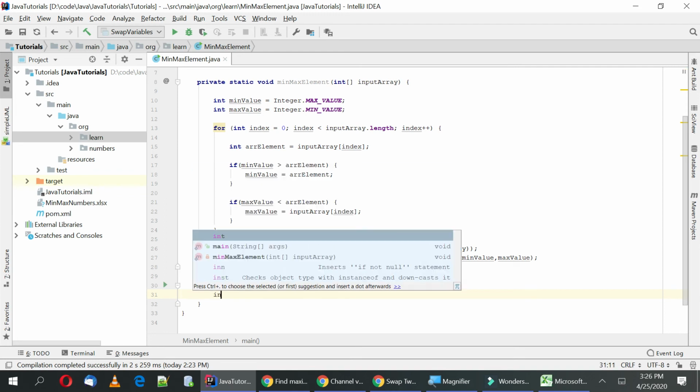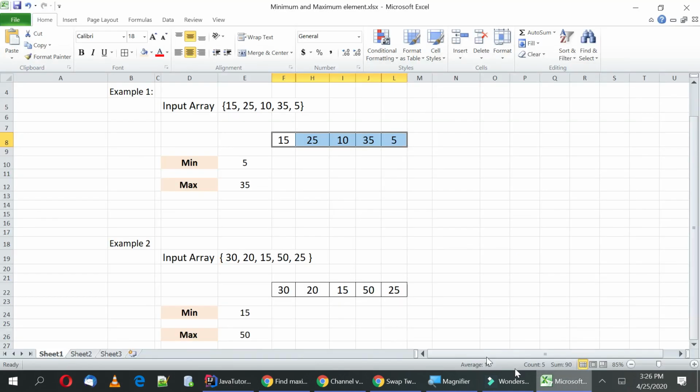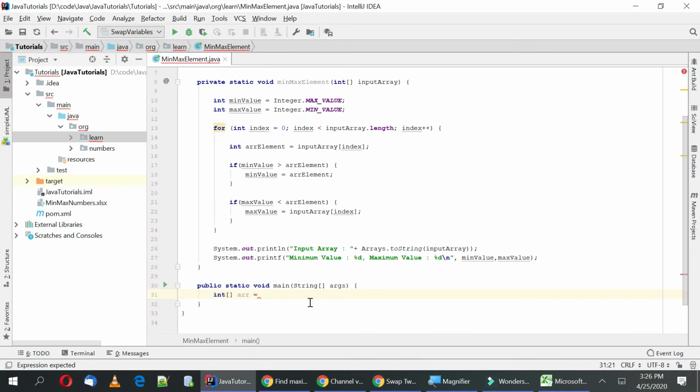Okay, so let's define an input array. Let's take the input array we have taken in the Excel sheet. Now let's call this method min max element and pass this input array.